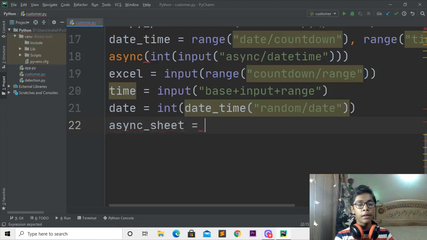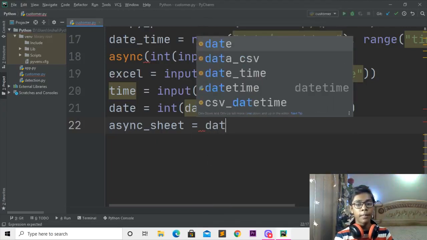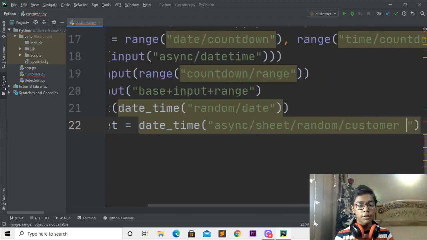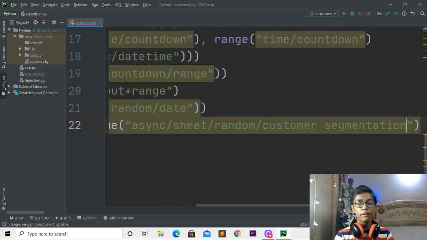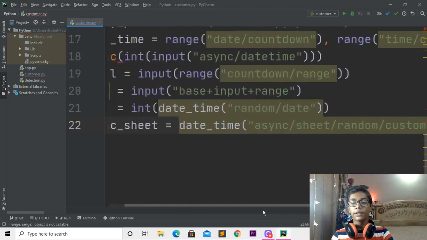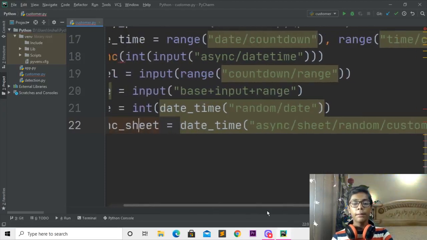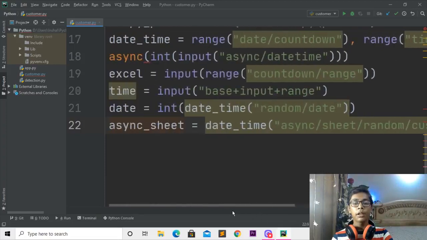Then I'll change this async sheet tag to date time, and with the help of this date time tag I'll define a bracket, and in this bracket I'll define async, and this tag write sheet, again write that, write random customer segmentation. You will be thinking, why have I written that? The answer is that we have to define that async sheet which we have written here, and we have to print this date time tag on our sheet which we have made on the desktop, with the name of